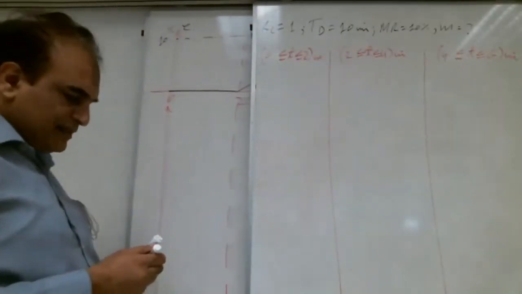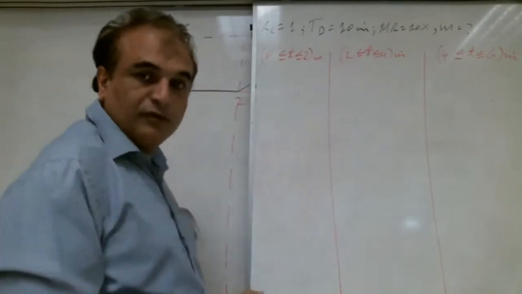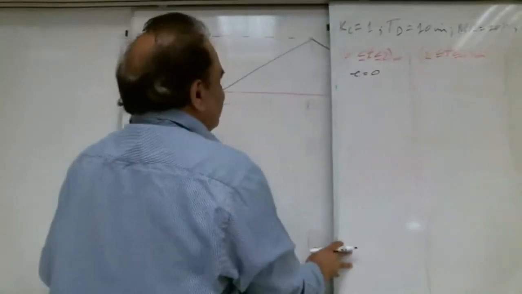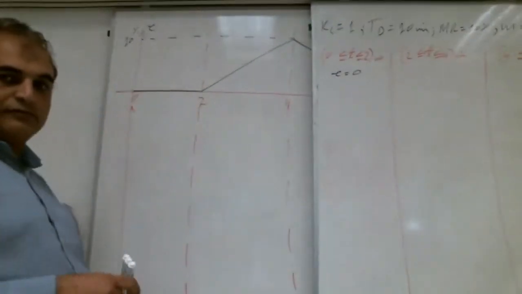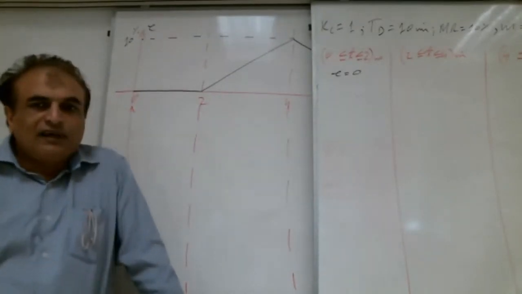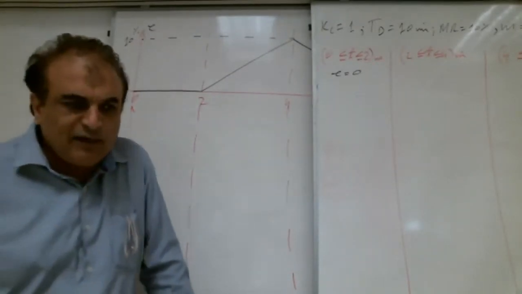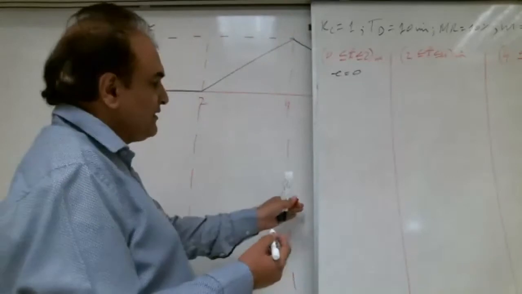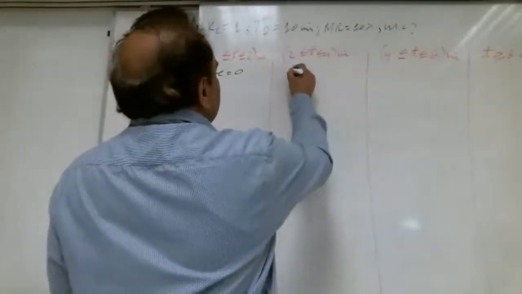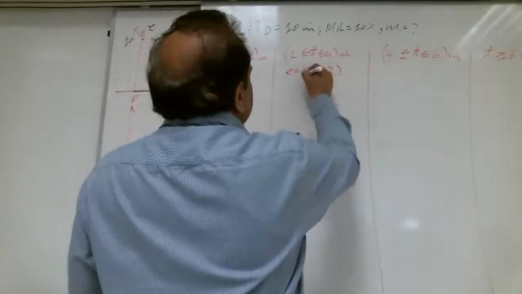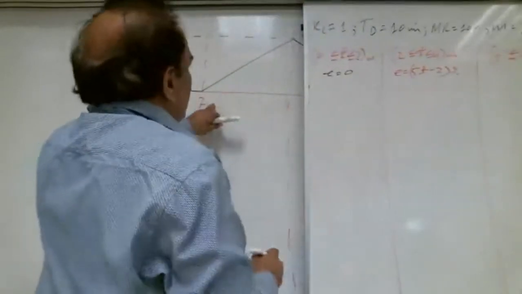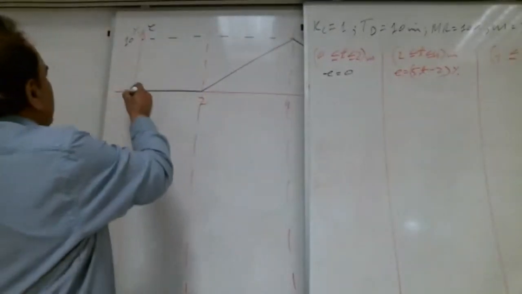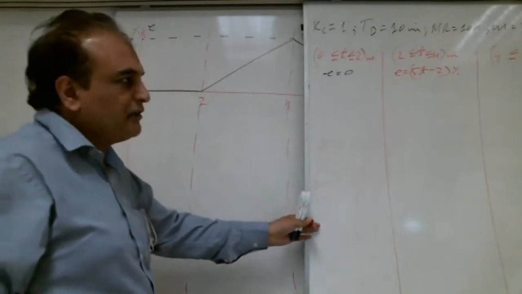From 0 to 2, what is the error, Shiva? 0. Very good. Lot of brothers are saying 0. Okay. From 2 to 4, what is the error? Find the equation. One brother is saying error is equal to 5t minus 2. Is it correct, Shabab? Let us check. If we put t equal to 2, 10 minus 2 is 8. Here it is 0. So this equation is not correct, brother, sorry.